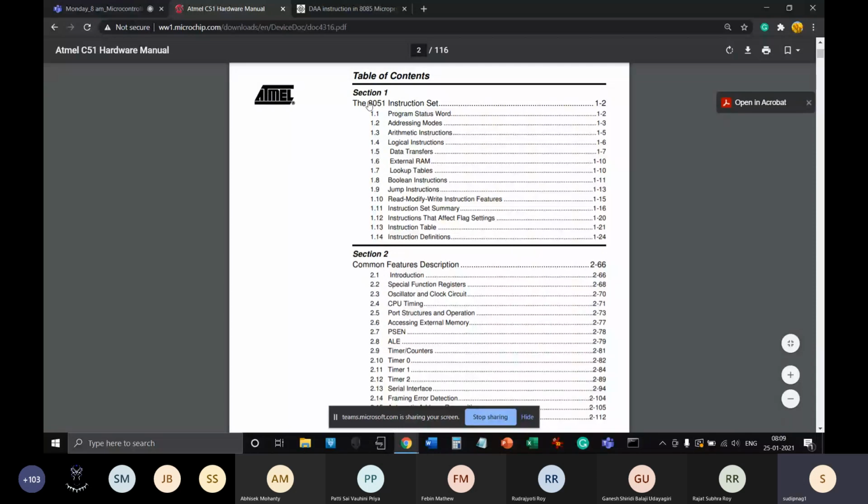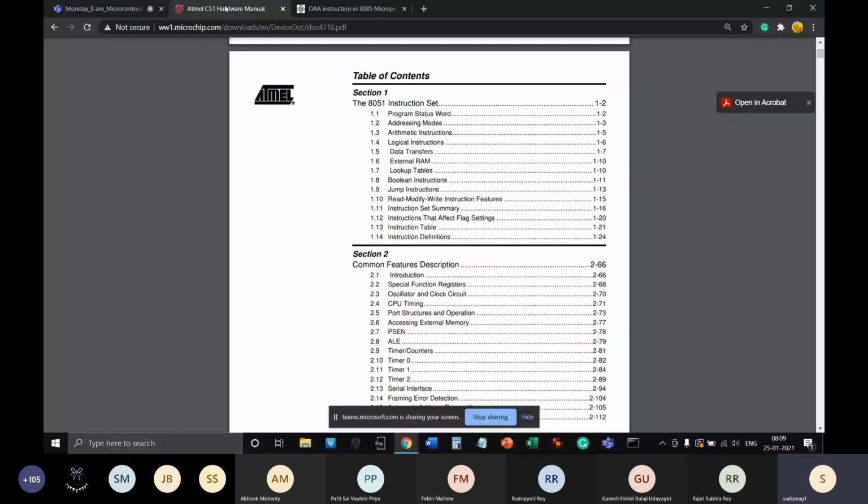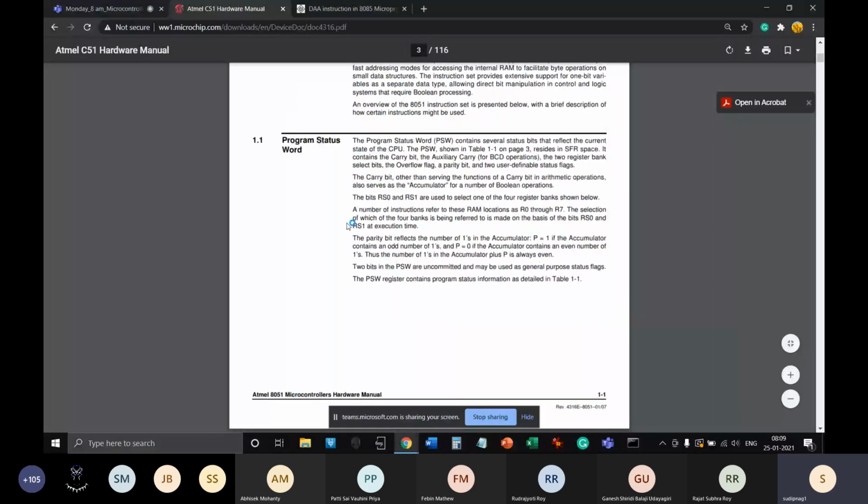So section 1 is something that you all must consider very carefully, which is the 8051 instruction set. The instruction set represents different types of commands or instructions which are understandable by the 8051 series microcontroller. That could be any microcontroller within the 8051 series. In the instruction set, we had seen different addressing modes in the last class, and prior to that,